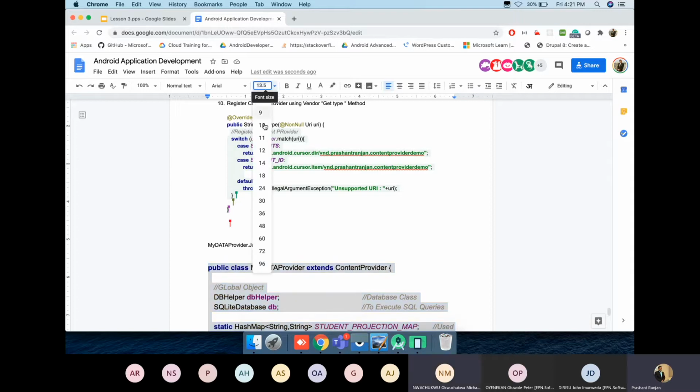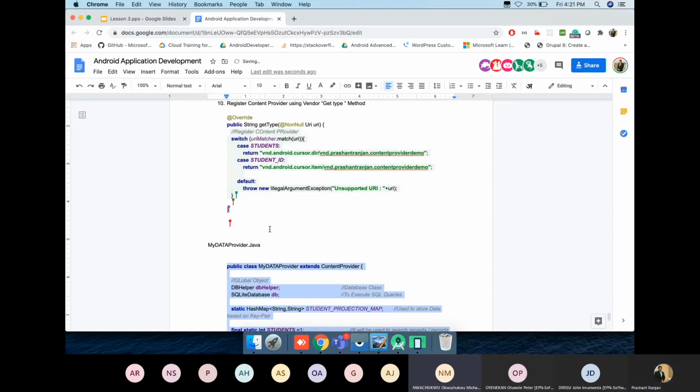Okay, hello, Prashant. I have a question on the getType override method. I know you said that the return statements are fixed. Could you shed some light on what they mean?